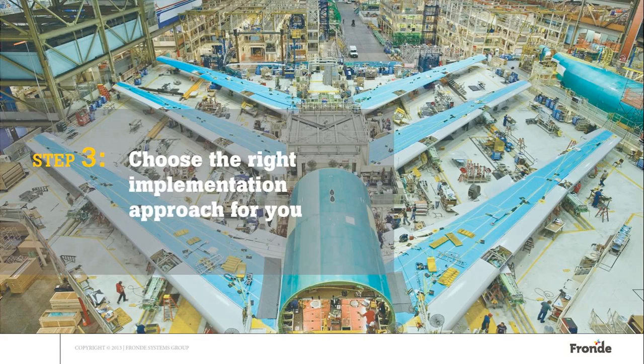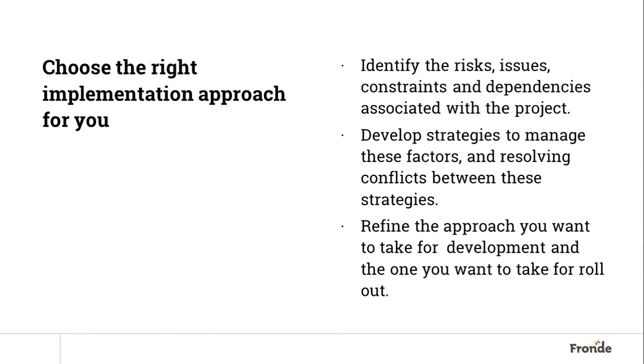For one company, success may come in building 20% of the functionality at speed, then rolling it out to a core group of users and extending it from there. For another company, it might be build it right to a more complete solution and then roll it out to all users at once. We've seen both approaches work. We recommend that companies tailor their implementation approach to meet their specific needs, and this means first of all, identifying